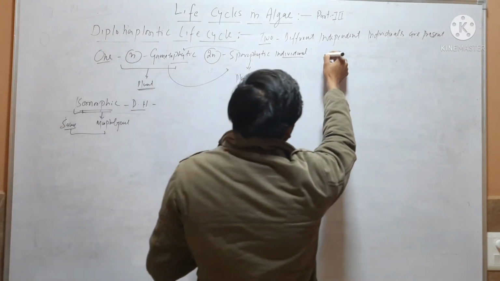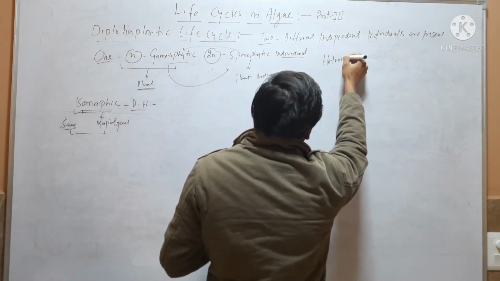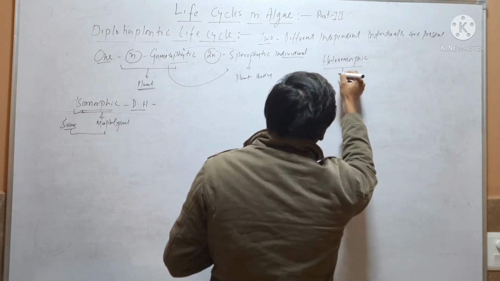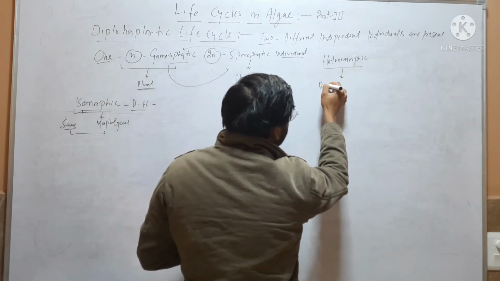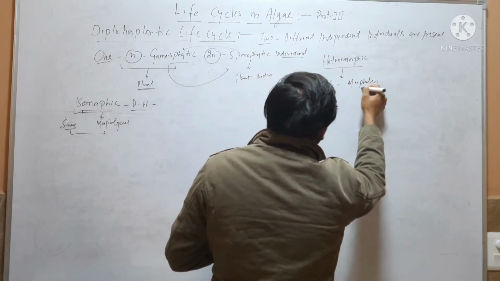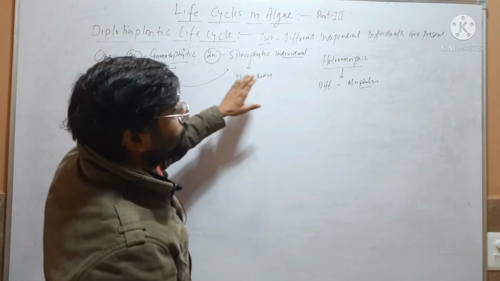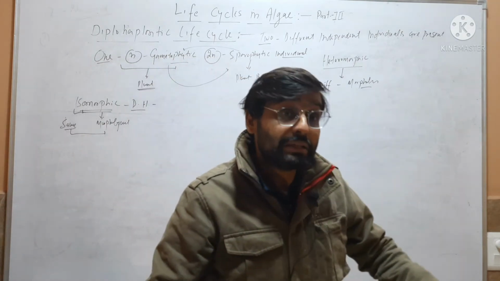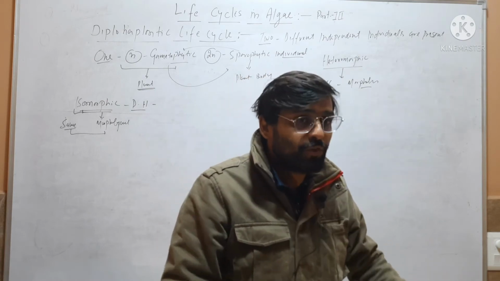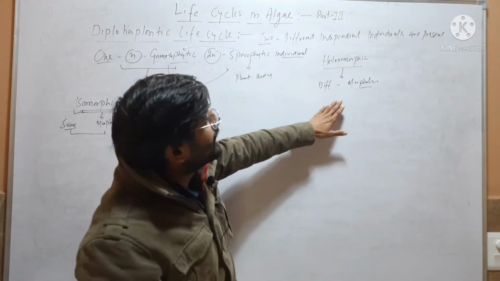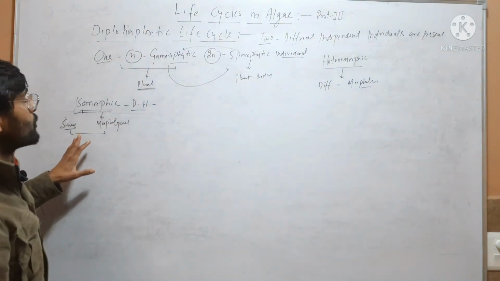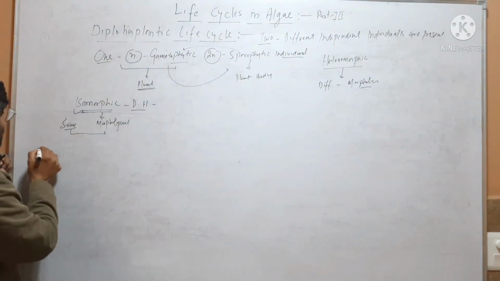Second is heteromorphic. In heteromorphic, hetero means different, morphic means morphology. When both gametophyte and sporophyte differ morphologically, so they are different in morphology, that's why it is called heteromorphic. So first we will discuss the isomorphic life cycle. It is seen in